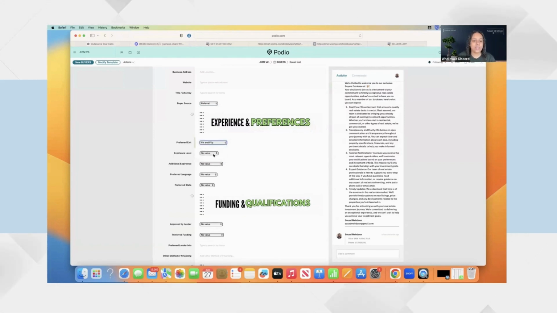So fix and flip, and their experience level, if you're able to get this information out of them. This is more when you're networking, like, oh, I just started flipping, I've only done 2 deals. The more information you have on your buyers, the better chances of you closing that deal. So let's see, are they a realtor? Are they a builder? Are they a landlord? A lot of the times they're realtors, a lot of the times they're builders, contractors, and then preferred language,